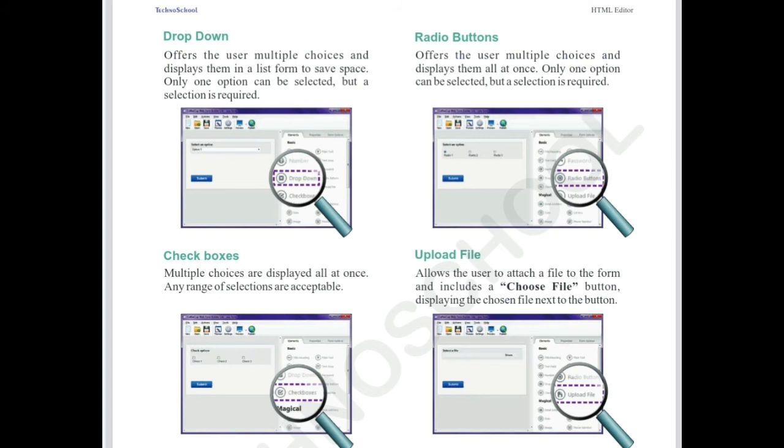So there is no concept explanation for these two slides. Understand, look at the pictures carefully. If you have a system in your home, you can work with these steps. You can understand. So this is the simple lesson about Config Editor, introduction of Config Editor, and how to launch the program application in your system, how to open it, and how to develop simple web pages. So you have learned in this lesson about editor, about website, web pages, HTML programming, what are the options we have in Config Editor. Simple lesson, children.